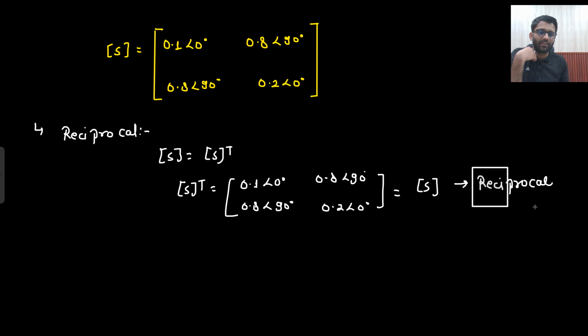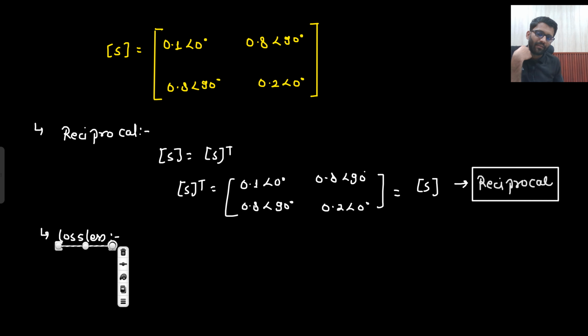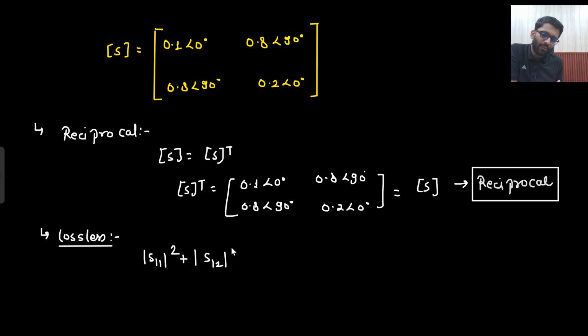Okay, first one job is done. Now second is lossless. So for lossless, what you need to do? Pick any line. Calculate mod S11 whole square plus mod S12 whole square. Along with that, you will calculate mod S12 whole square plus